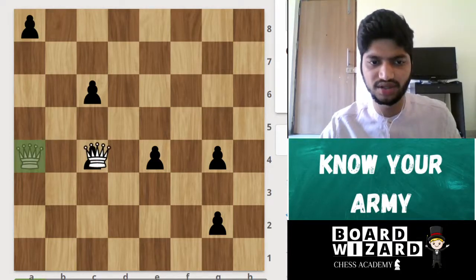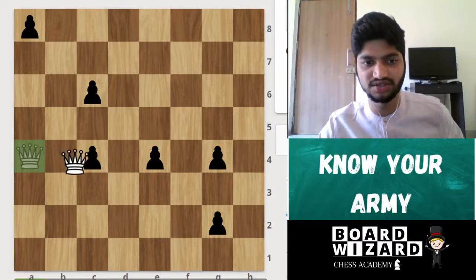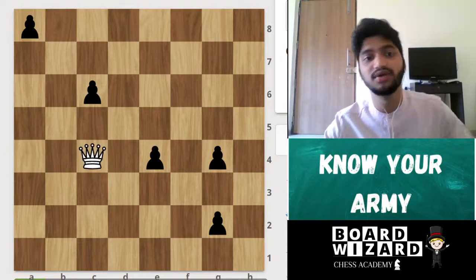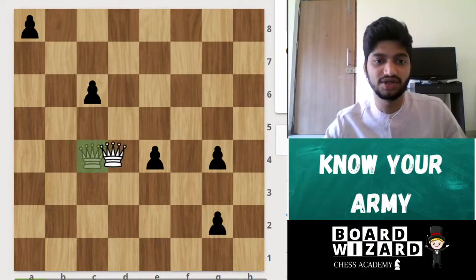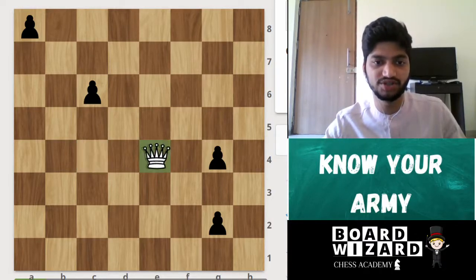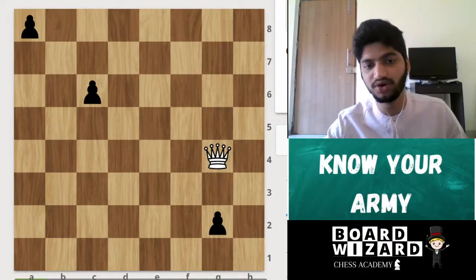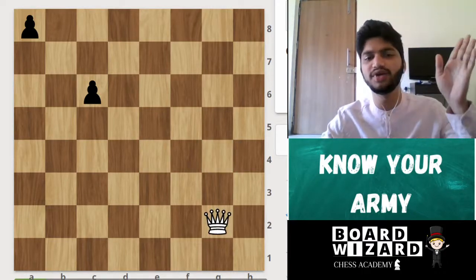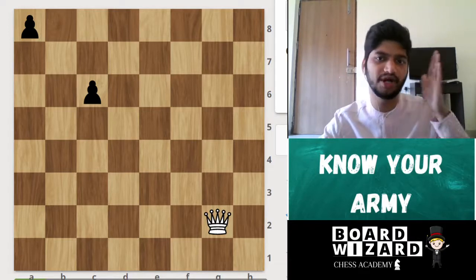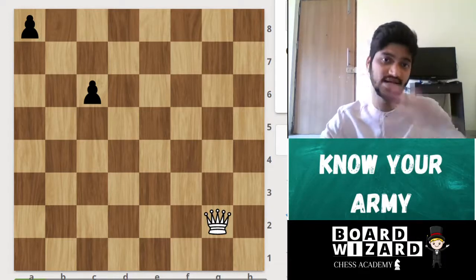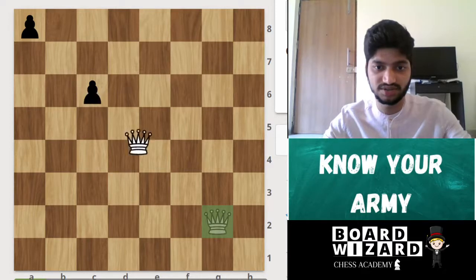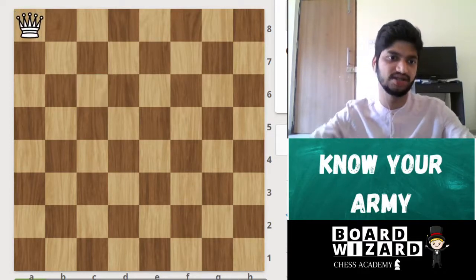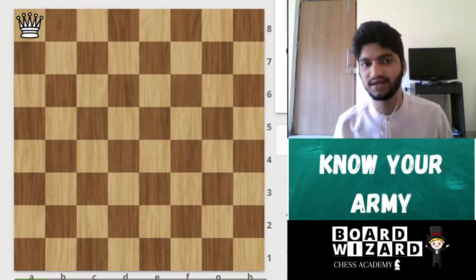Queen can go in the horizontal line, so she can just go and kill the c4 pawn, but she has to stop there. Then she can go and kill the e4 pawn, the g4 pawn, and the g2 pawn. See, the queen is moving in her directions, either up, down, left, right, or in slanting lines. She is killing the f3 pawn, the c6 pawn, and then she is killing the a8 pawn, like that.